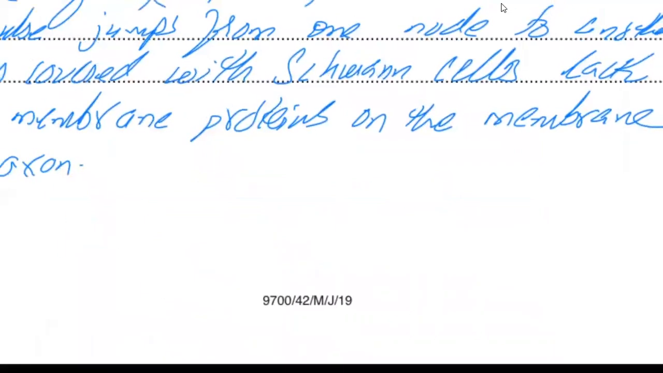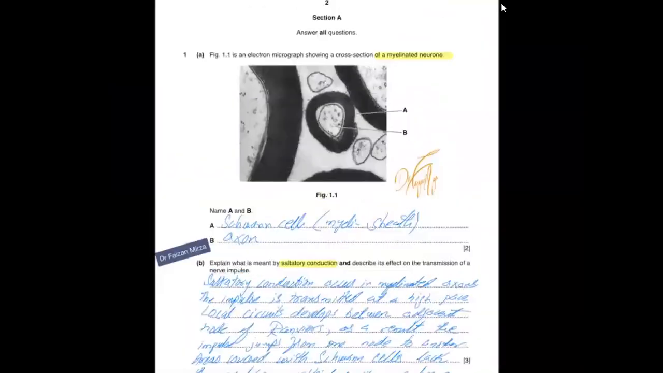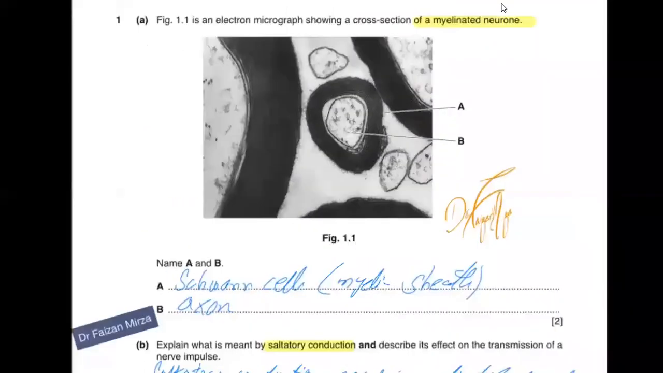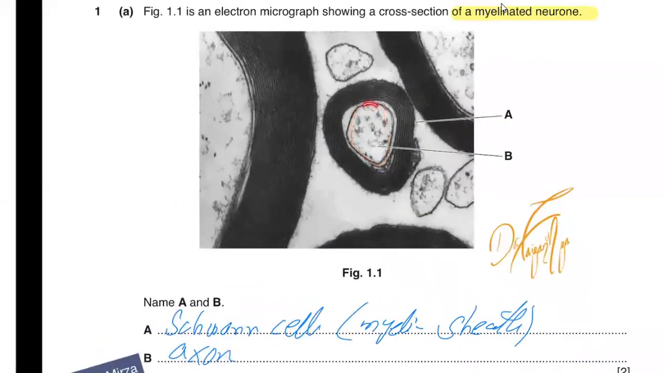This question is from May, June 2019, variant 42. The figure for 1.1 is an electron micrograph showing a myelinated neuron. If it's a myelinated neuron, you can see this cross section. This region must be the axon. And all these folds, these layers, must be the Schwann cell which is wrapped around the axon to make